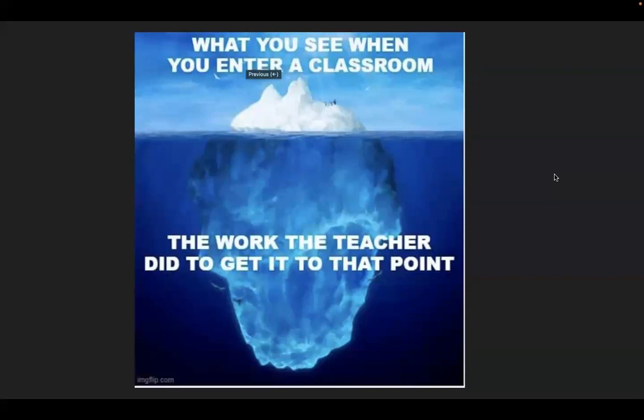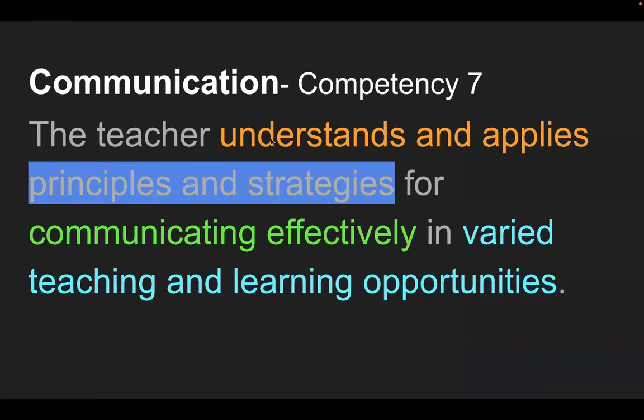They still need supports, especially our ELL students. Everybody has ELL. So there's a lot that goes into making it an effective lesson and implementation of effective instruction. Everything underneath is all the work that teachers put in. So for just a review, we discuss communication,